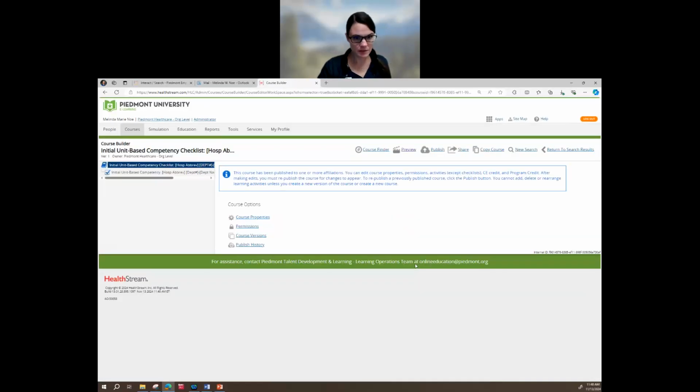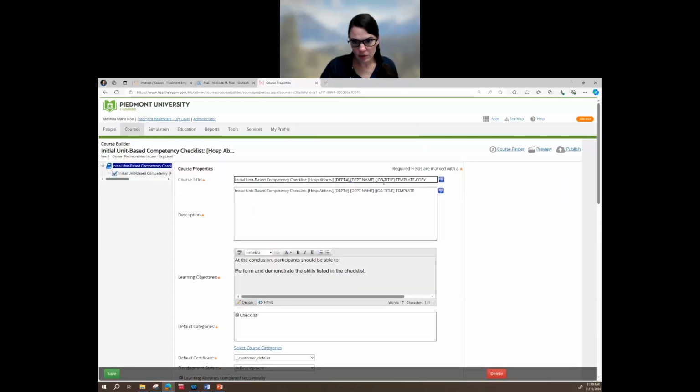And then the next step is going to be at the top right-hand corner. You're going to copy the course. It's going to ask you, are you sure? Push okay. And then you're going to use these prompts to enter your own information. So we're going to change the hospital abbreviation to PAM, which is the example I'm using, the department number to